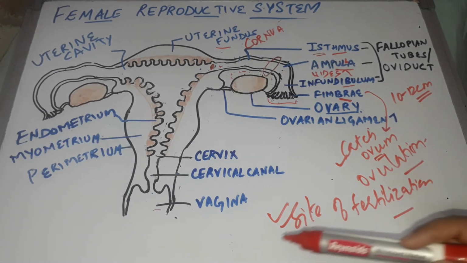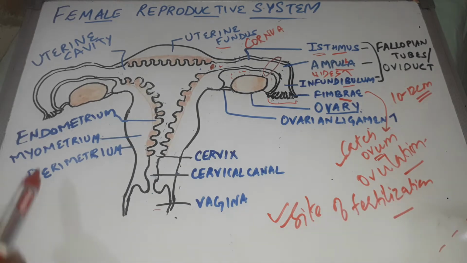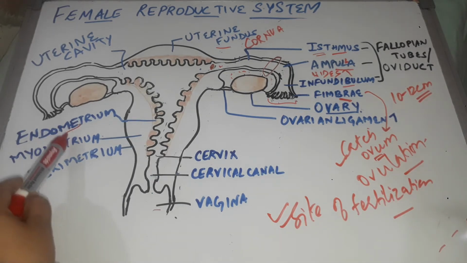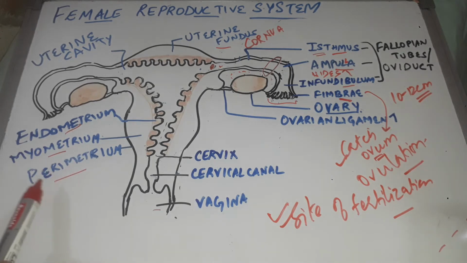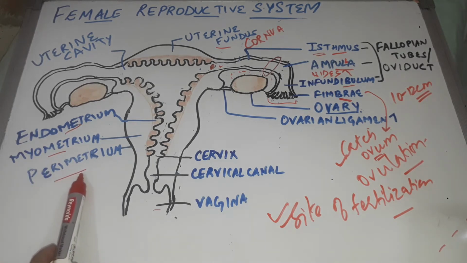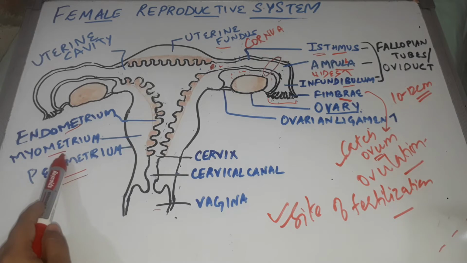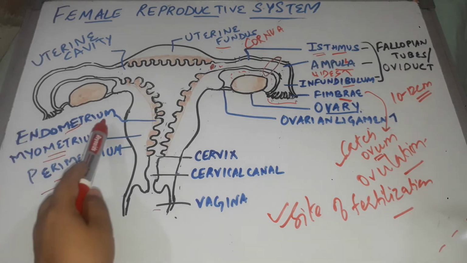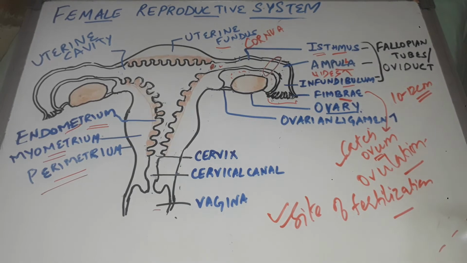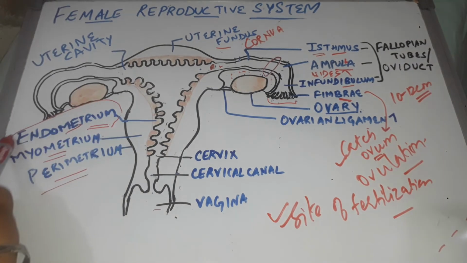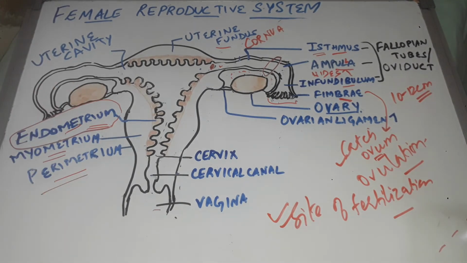Coming to the walls of the uterus, the uterus comprises three layers: the endometrium, myometrium, and the perimetrium. If we start from the outside, the thin membrane-like outer layer of the uterus is called the perimetrium. Then the next layer is the myometrium, which is made up of smooth muscles, and the innermost layer is the endometrium, which is the glandular layer. So note down that this endometrium will undergo different cyclical changes during the menstrual cycle, and the myometrium will initiate uterine contractions during childbirth.